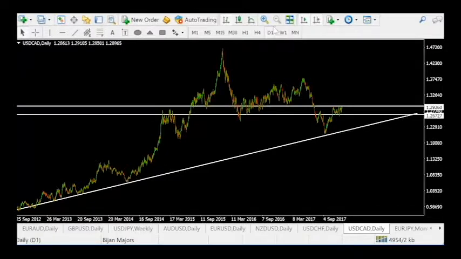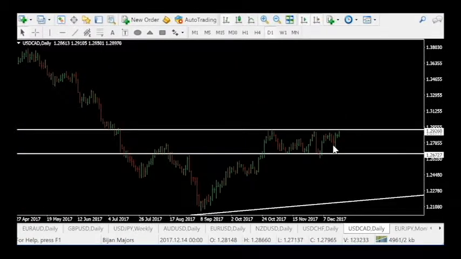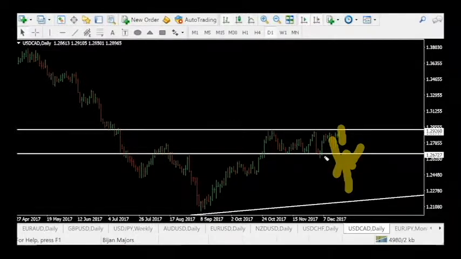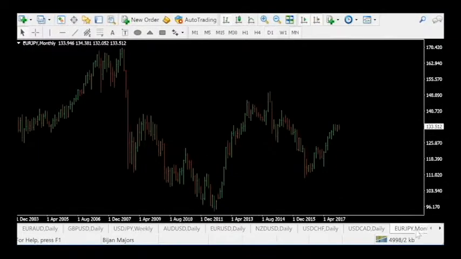See, the price is stuck in this range. As I said, we've got a few options. A strong sell signal to go short, coming back, a long signal here, or wait for the price to break the congestion, come back, give us a buy signal, then go long. That's all we do for USD CAD. All right, let's go to